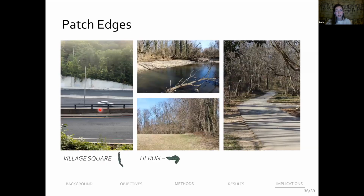We also treated all patch edges the same. So basically we said when the forest patch ends, that's the edge, and we left it at that. But in reality, there were a variety of edge types. Here you can see one of our patches was right next to this very large highway. Some were bound by rivers or streams. Some had these fields next to them, or some were bound by